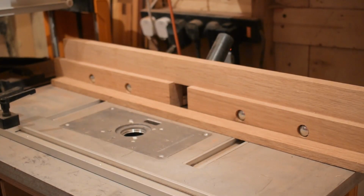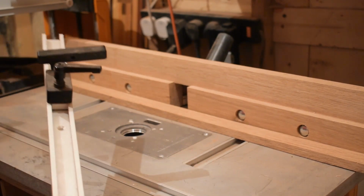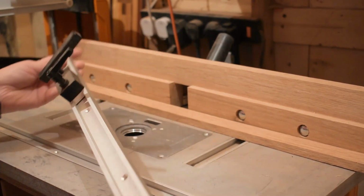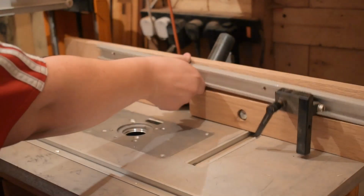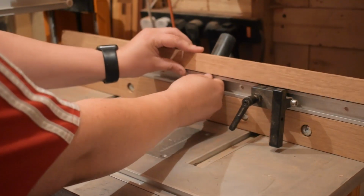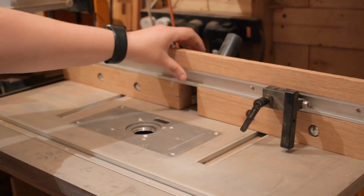So it's actually been quite a while since I worked on this, and it's just been in my workshop storing bits of rubbish on it, which is why all the top's all marred up. So I will be repainting it. So this is where I got up to, because I did do a few things that I've not got the